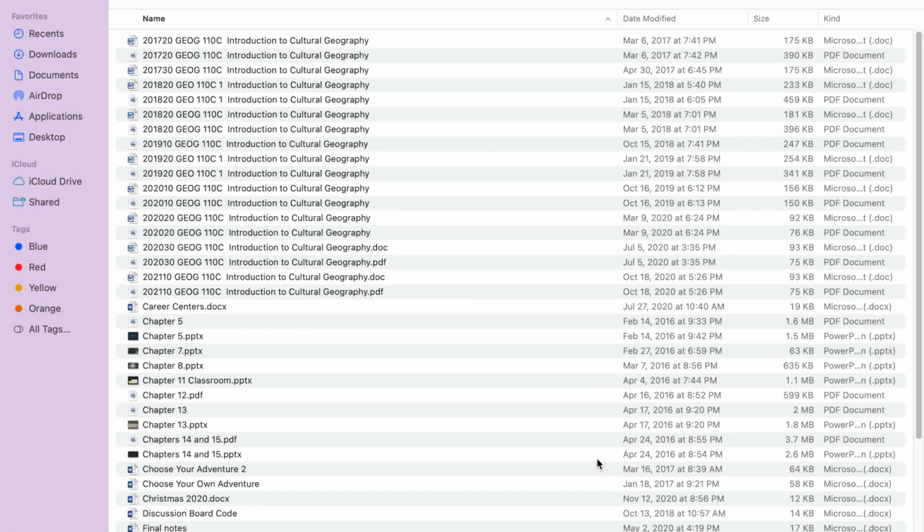A third type of plagiarism is recycling an old assignment. So this one is less obvious, but it's not okay to look at files on your computer and look at old coursework from classes you've already completed and then choose something and submit it like you wrote it and it's new and it's for the class you're taking right now. So for instance, let's say I took this class, Geography 110, and I had to do some sort of creative assignment. I can't come down here and choose this Choose Your Own Adventure that you can see I wrote in 2017,